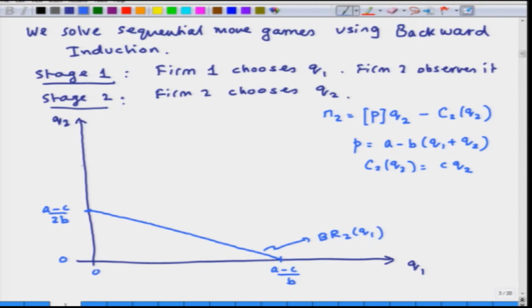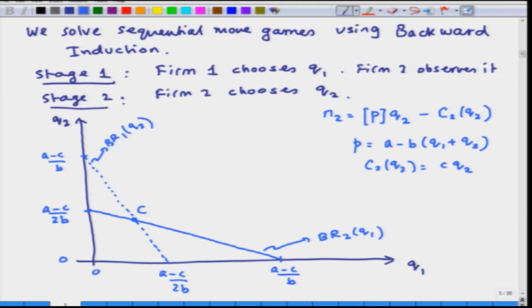And if I had separately, simultaneously solved firm 1's profit function, or rather the best response function, we would have gotten a reaction function for firm 1, which would be something like this, right. So, this would have been (A minus C) by 2B and this would have been (A minus C) by B. This would have been firm 1's best response function in the Cournot model. Okay. But we are not solving it simultaneously, we have solved firm 2's problem and then we know that this is the Cournot solution. Now, let us first ask,